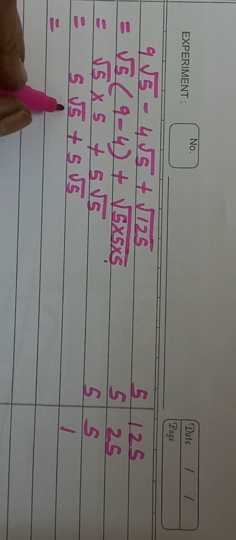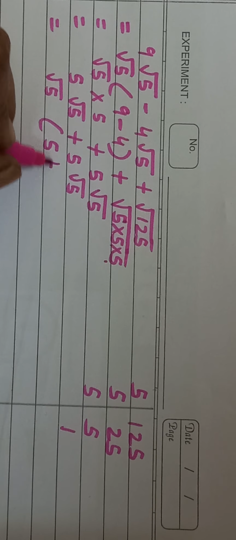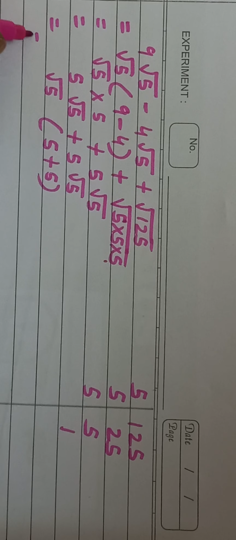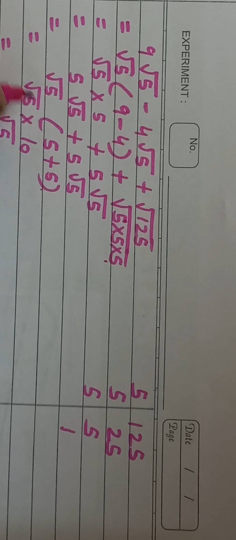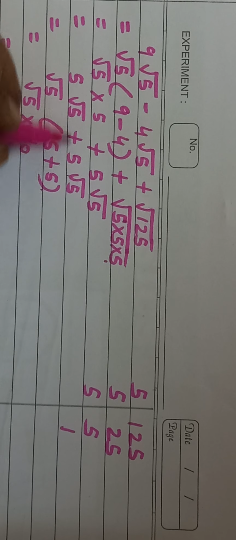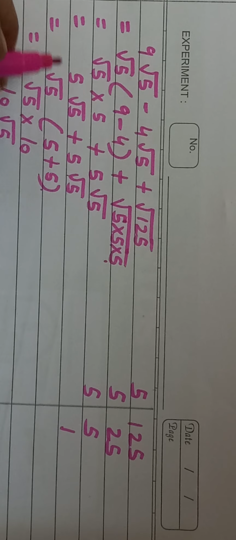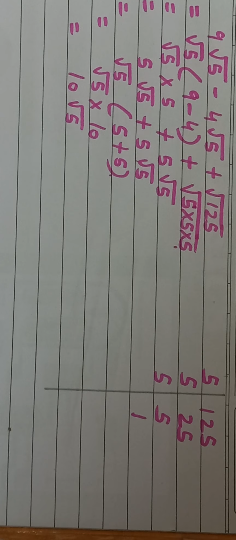Now again we can take root 5 outside, it is common, so you will get 5 plus 5, which is equal to root 5 into 5 plus 5 is 10, bracket means multiplication, so you can write it as 10 root 5. And as I said, here also we could have directly written, because here the radical sign, the order of the surd is same, radicand is same, 5 plus 5, 10 root 5. 10 root 5 we could have written directly also.